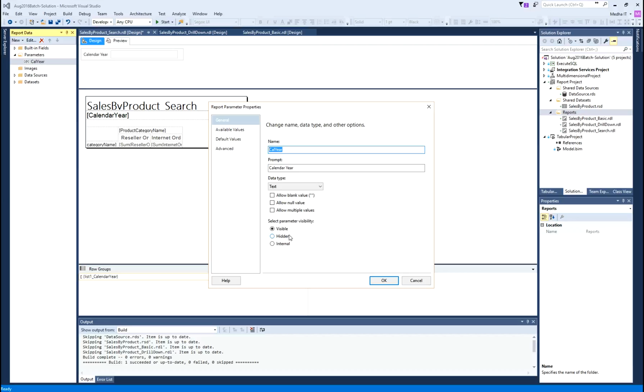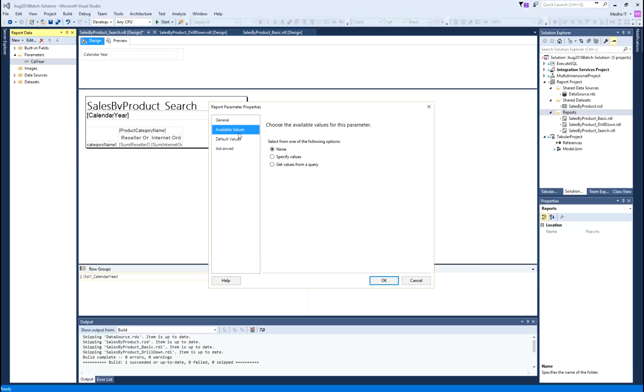Select parameter visibility. Should this parameter be visible in the report or hidden, or is it internal? So, if you do not want to show it, you can hide it. Available values, select from one of the following options. So, what should be the value of this parameter? You can specify the values here. That means you want to pick one of the pre-listed values, or you can specify a query.